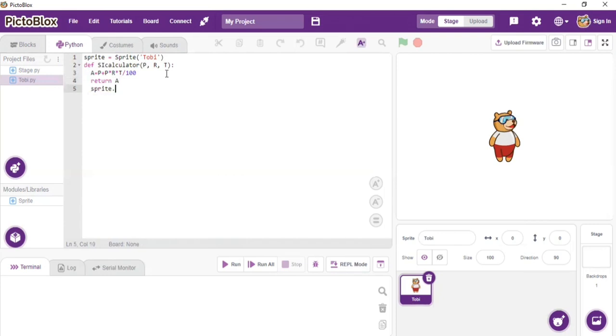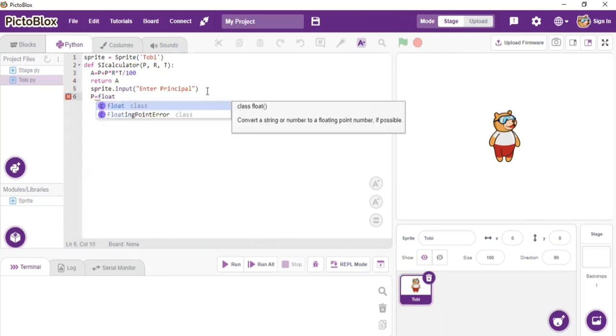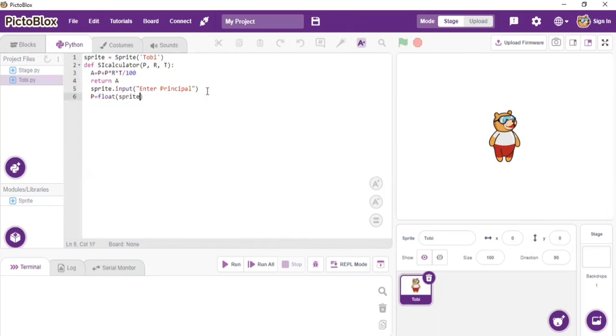So it is now going to return the amount A, and we are now going to use our Toby to interact and get the value of P, R and T from the user. So we are going to get the value